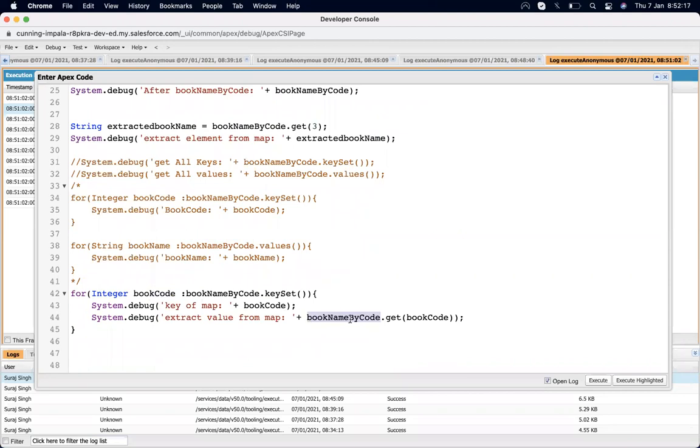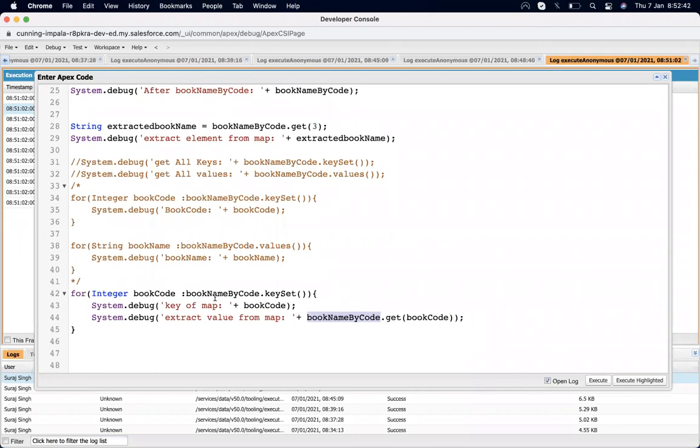On the basis of the key we can get the values, and for that the loop will help a lot. It's quite simple, and in this way we follow how we get the value and how we get the key.